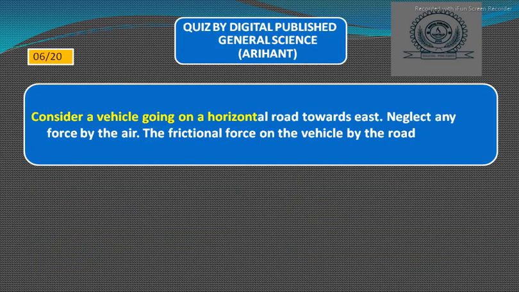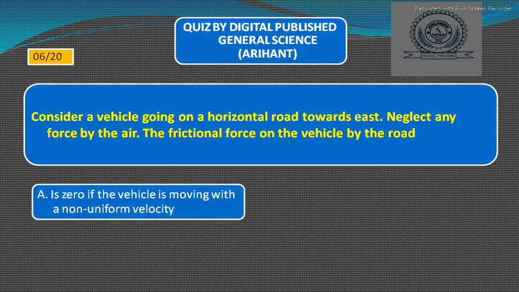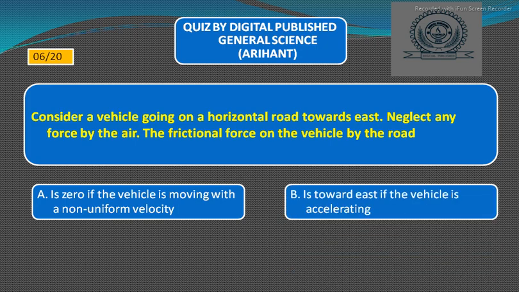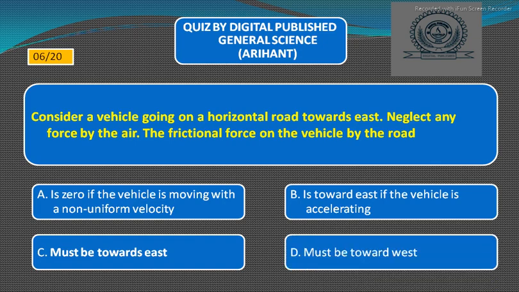Consider a vehicle going on a horizontal road toward the east. Neglect any force by the air. The frictional force on the vehicle by the road: option A, is 0 if the vehicle is moving with a non-uniform velocity; option B, is toward east if the vehicle is accelerating; option C, must be toward east; option D, must be toward west. তো রাইট আনসার হবে অপশন C, must be toward east. Next,